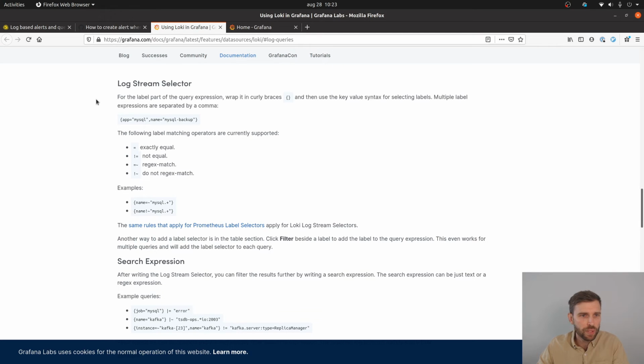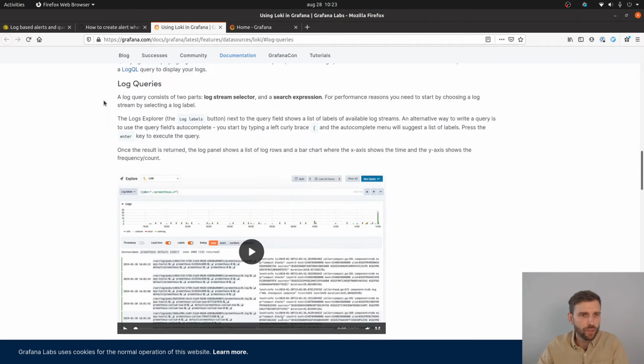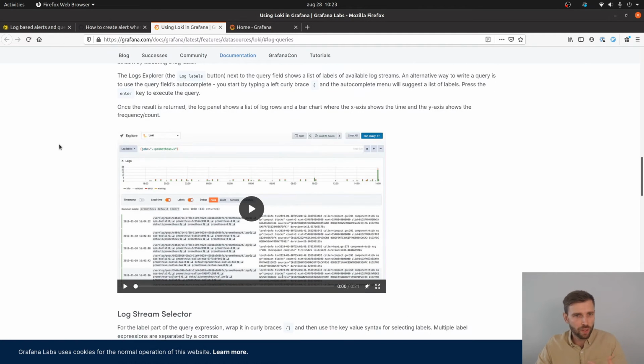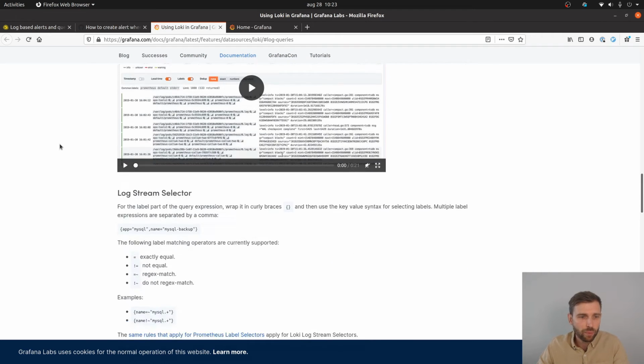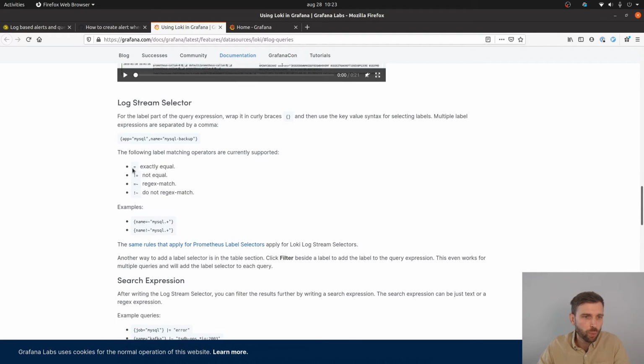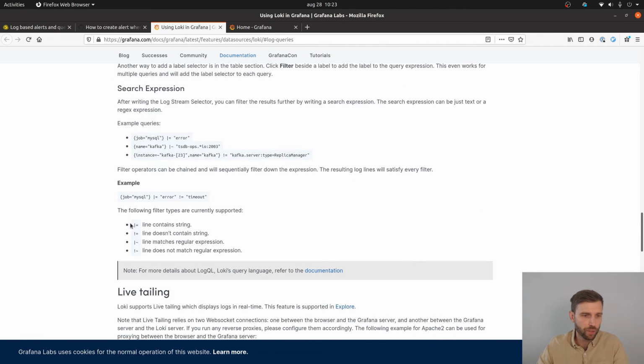This one in specific talks about how to select the stream. What is a stream in the first place? What are labels? And then what kind of operators you can use. You've seen this is the stream selector and the search expression. You have seen how I use these operators. And you can also use a regular expression match in labels and also in text. So that's about it